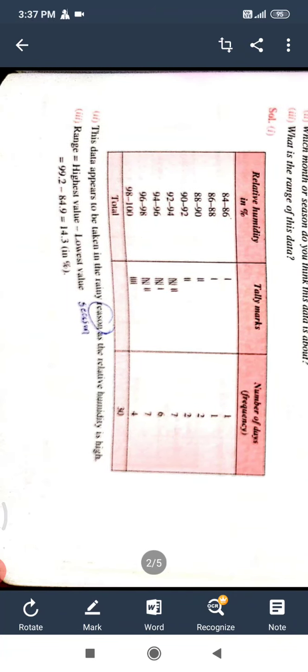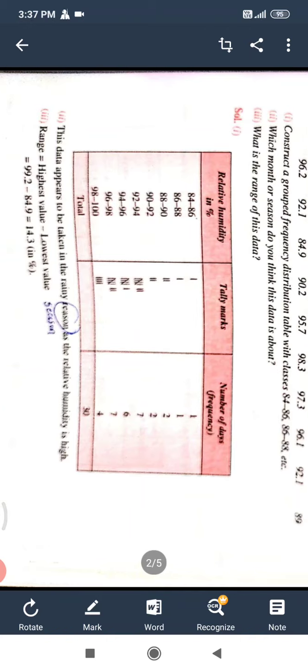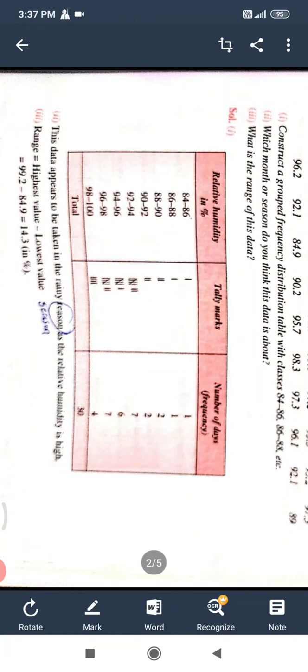So highest number is 99.2 minus lowest number is 84.9. So if you subtract, 14.3 is the range of the data. Now how to make frequency distribution table? Okay, so for it